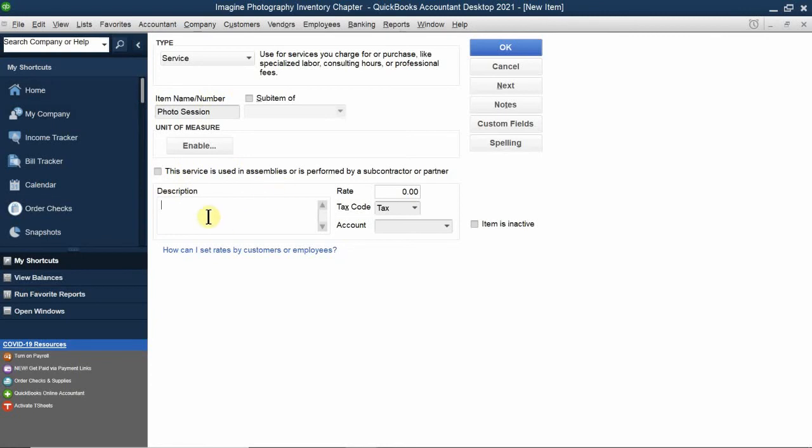And then in this case, it is not part of an assembly. We'll talk about that in a few minutes too, because when we talk about inventory assemblies, you do have to check mark this, because inventory assembly is when you build a product. Description, photo